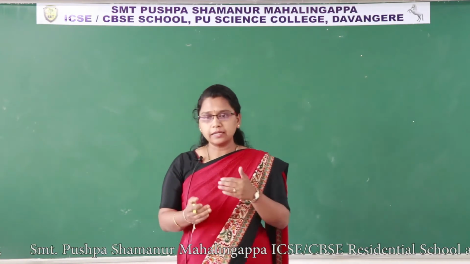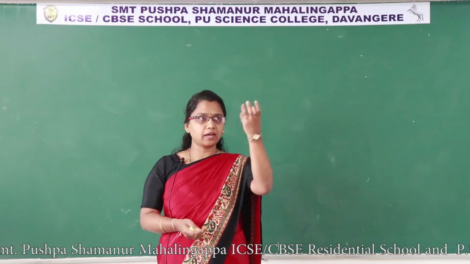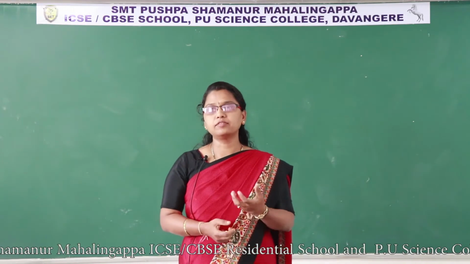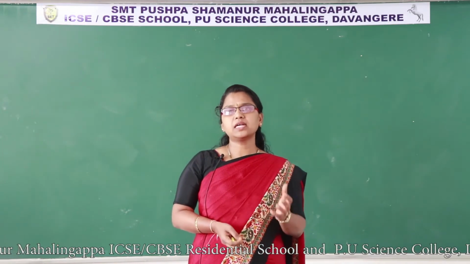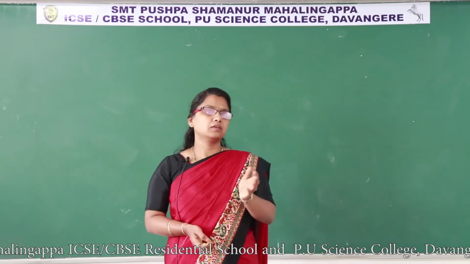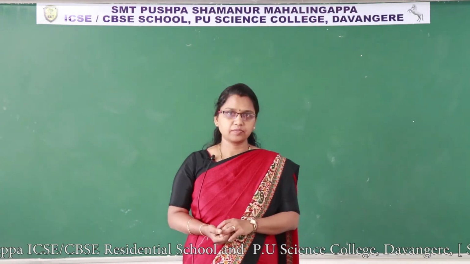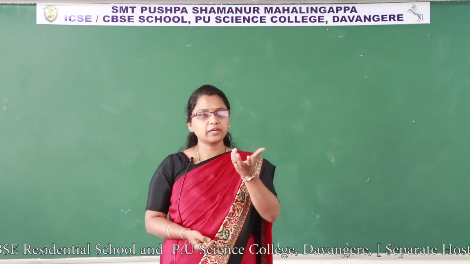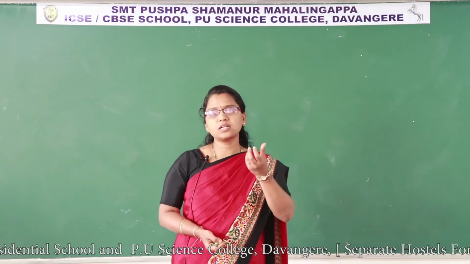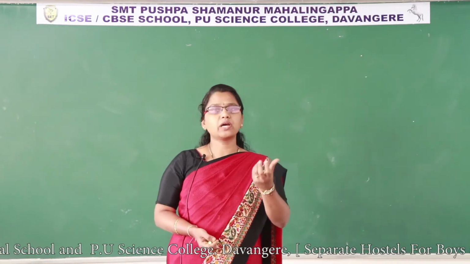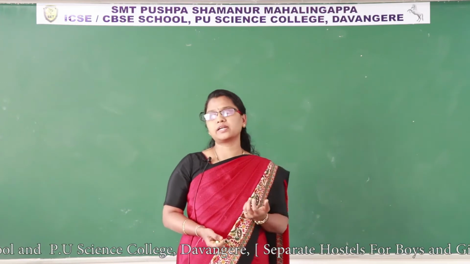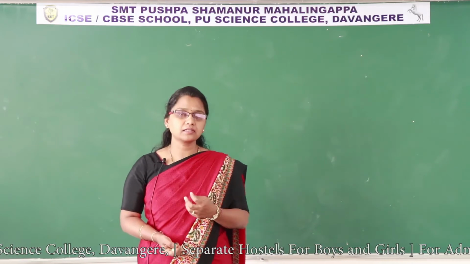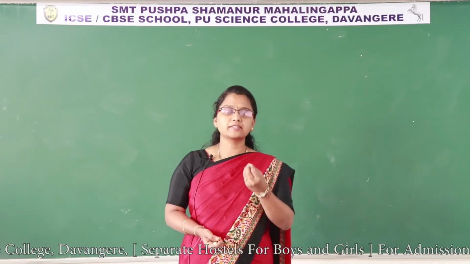Understood? So inheritance means acquiring some properties. What are the properties? Data and functions of a class. One class's properties are going to be used by another class. That other class is called the derived class. The class which is already there, the existing class whose properties we are going to inherit, we call it the base class. And a derived class means a class that inherits the properties of an existing class.